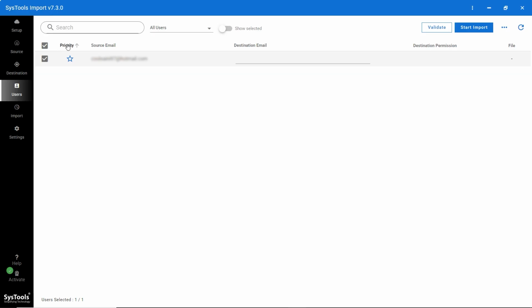There is also a priority column that allows you to decide which accounts' data should be imported first. To set the priority, click on the star icon. When it becomes bold, it means the priority is set, and that account will be imported first. If you have a long list, you can use the search bar to find specific PST data. On the right,